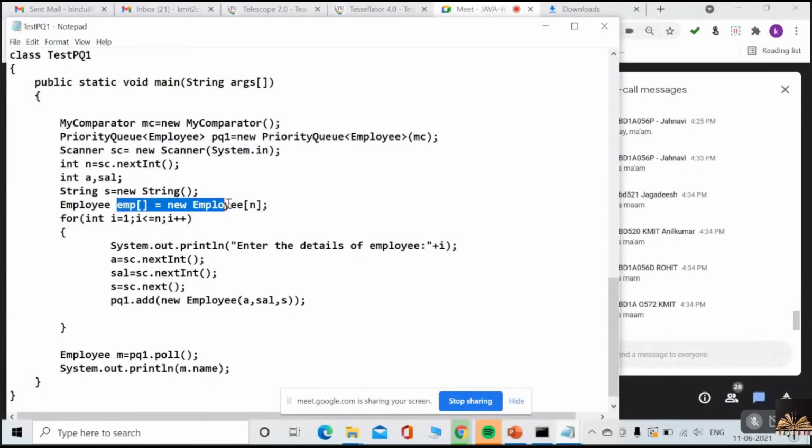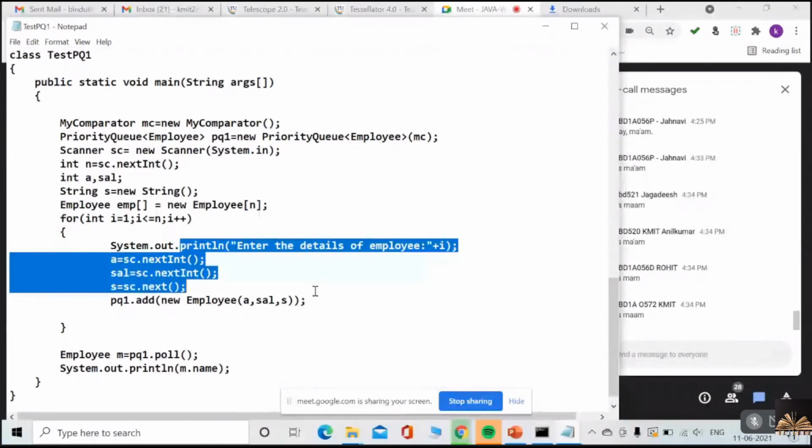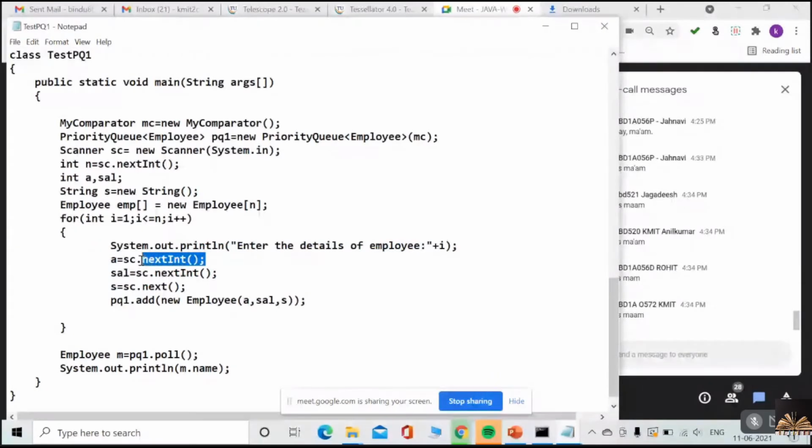That is the reason you have to take an array, and in each iteration you have to enter the details of the employee, and read the age, salary, and also the name of the employee. And you need to add the employee here itself in the for loop, because once you read the data members, you just pass them to the constructor and add this new employee to your priority queue.